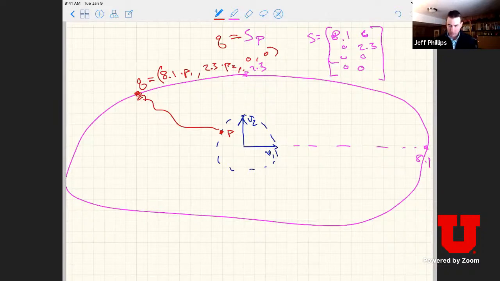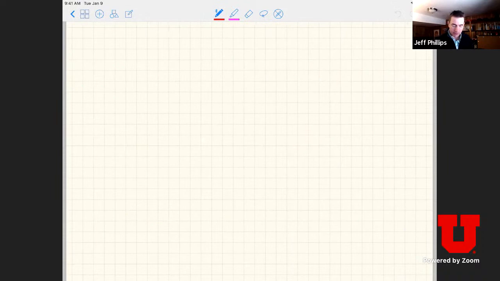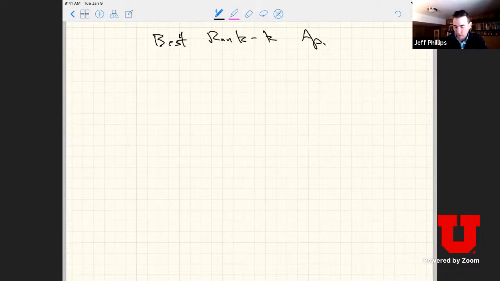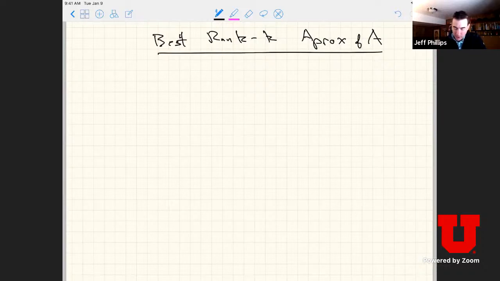Okay, so next I want to talk about two more interpretations of what's going on here. I'm going to talk about the best rank K approximation of a matrix. So we're going to get to this idea of a best rank K approximation of A. Okay, and so we're going to get another matrix,